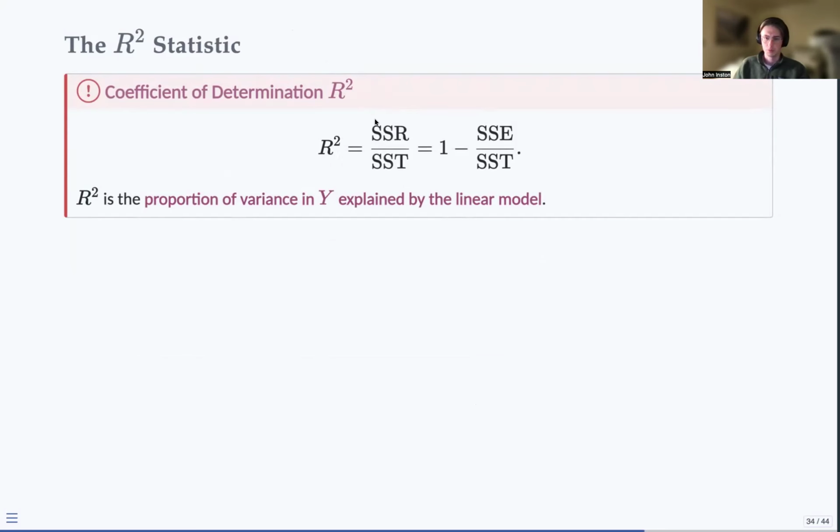This is not the residuals, my mistake. This is from the regression. This is from the errors. I apologize. I get these mixed up quite a lot. I don't like the SSE, SSR notation personally, but